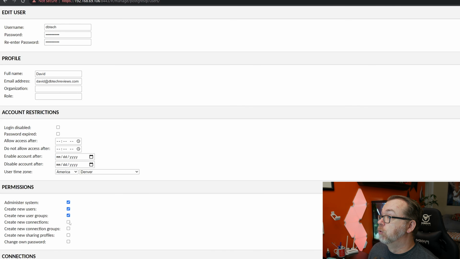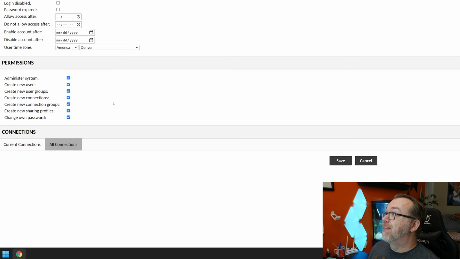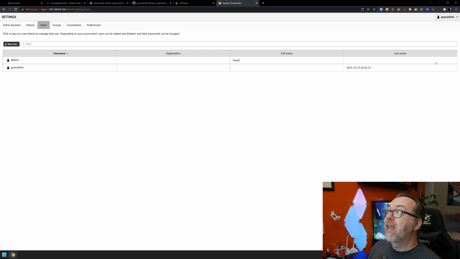I want to create new user groups, new connections, new connection groups, new sharing profiles, and I want to be able to change my own password. So once I've got all of that set up, I can click save. And now we can see we have both of our user accounts here, what I want to do